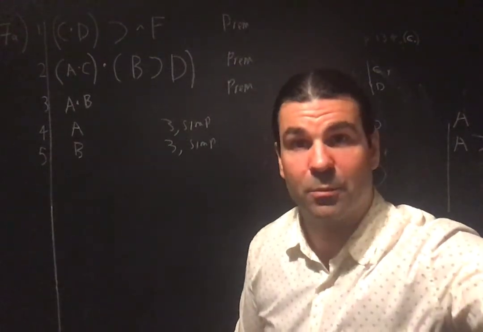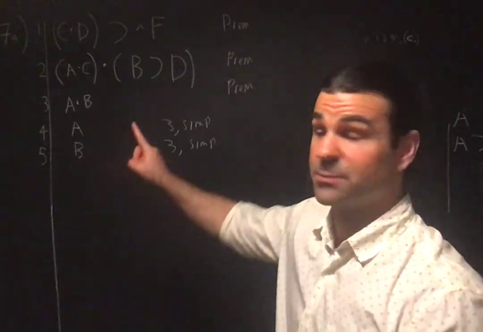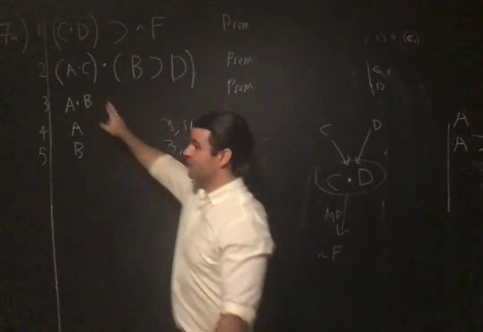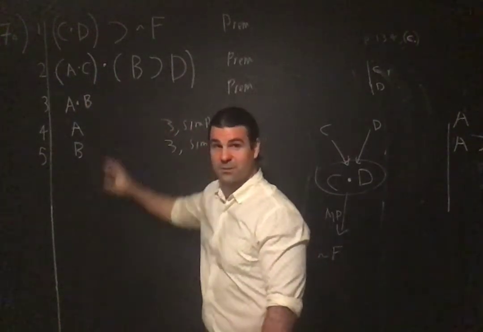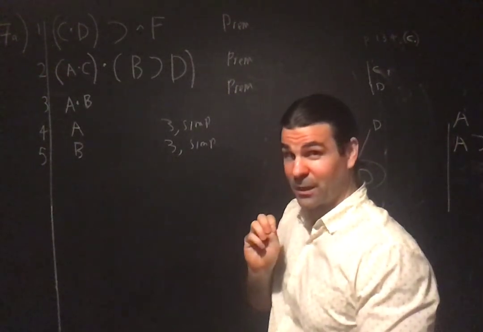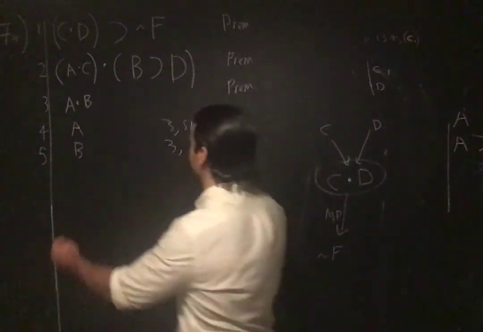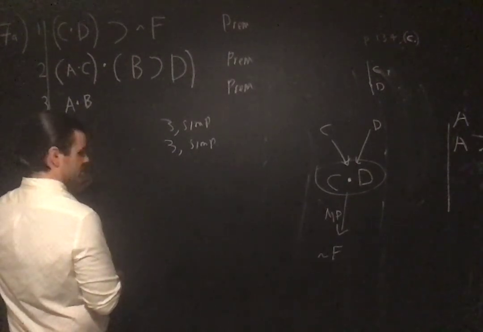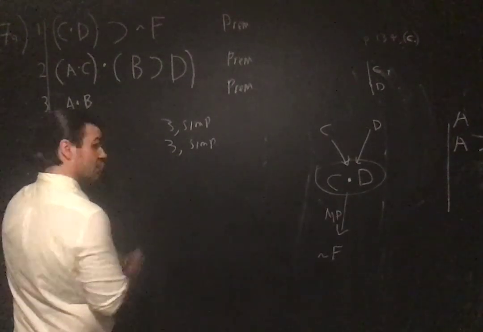Notice premise 2 is a conjunction. Even though it's complex, it's a conjunction with complex conjuncts, and you need to see that as an instance of P and Q, that is, an application of simplification waiting to happen. So 6 and 7, this is my second nature move. As soon as I see conjunctions, I'm going to do this. It's top-down reasoning. I've got A and C, 2 simp, and I've got V hook D, 2 simp. And as